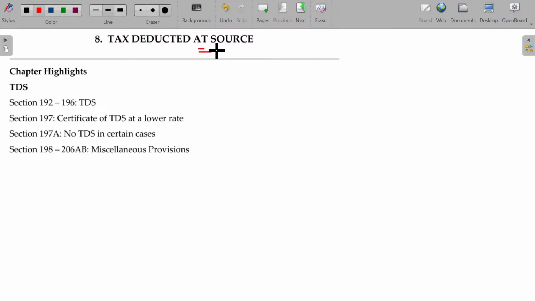Tax deducted at source. Four predominant sections are going to be covered here. Apart from the TDS, the TDS falls under 192 to 196. Now, payee and payer,